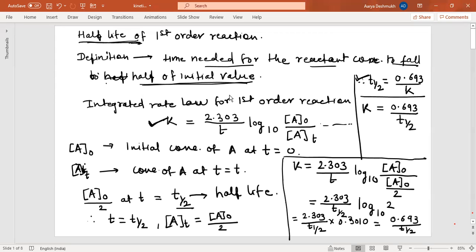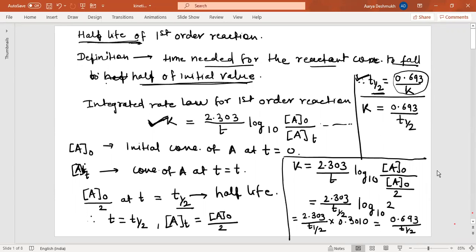It shows that the half-life of the first order reaction, we are talking about the first order reaction only, is constant and it is independent of the concentration of the reactant. There is no concentration term involved here. So you can say that the half-life of the first order reaction is independent of the concentration of the reactant. So this equation is of importance for us, and this is also of much importance to solve the numericals based